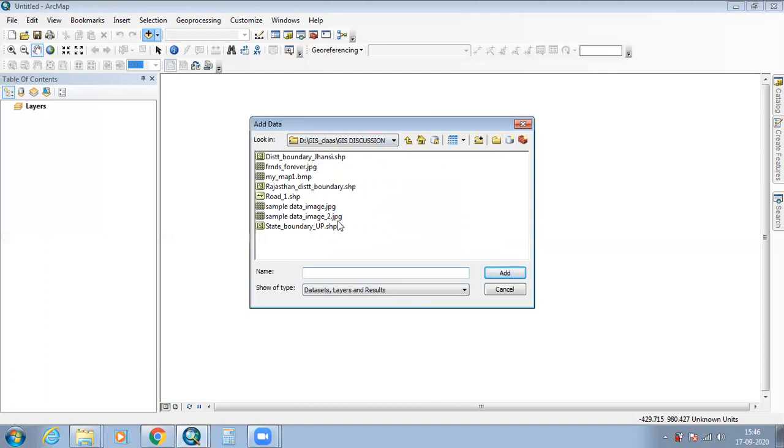Every time we add a shapefile, it will be displayed using some color automatically.